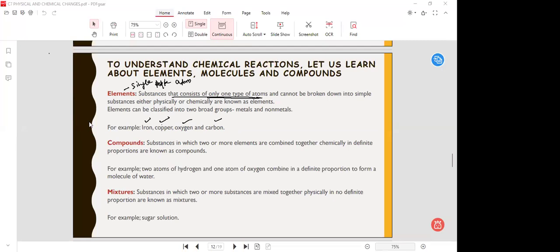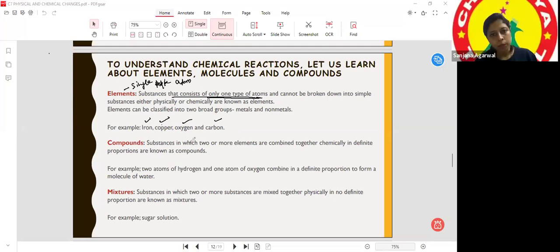And the mixture of elements. Substances in which two or more elements are combined together. So whenever we combine, it means minimum two, maximum any number. So when we combine two or more elements chemically in definite proportion, obviously definite proportion, those are known